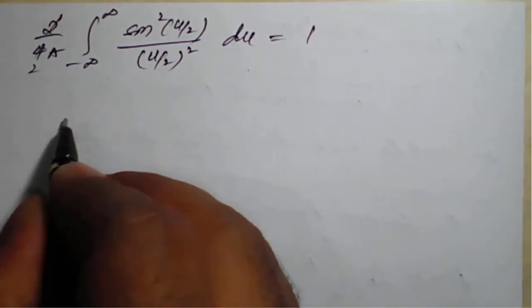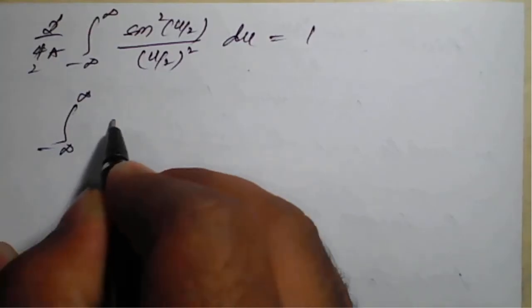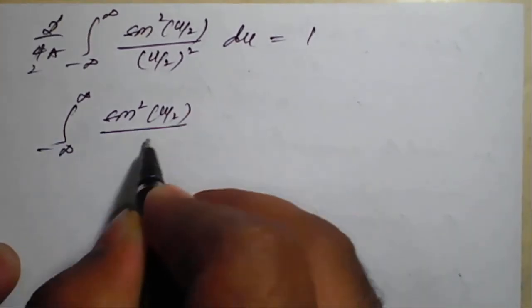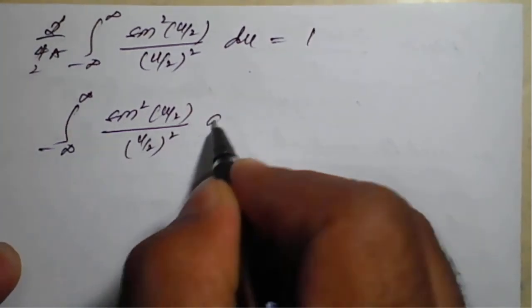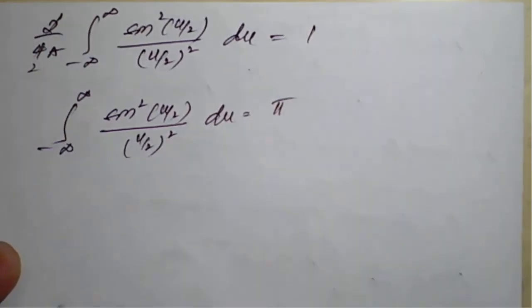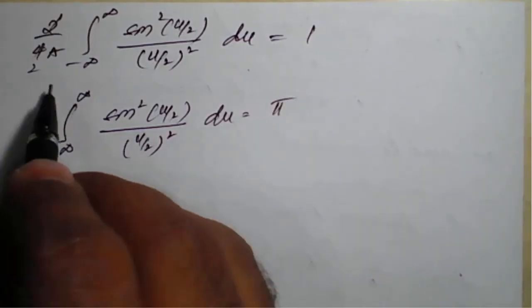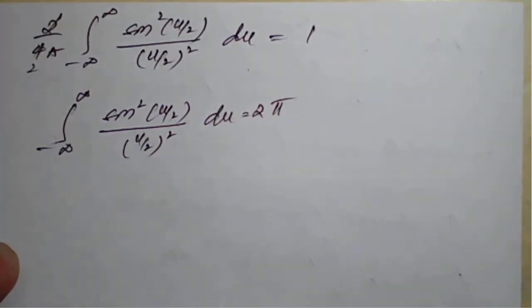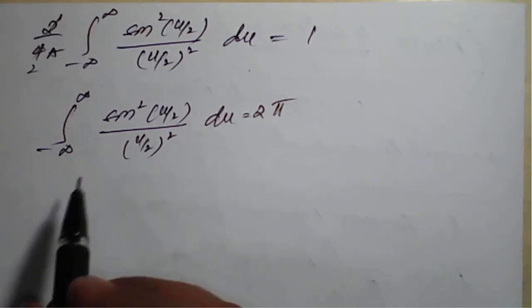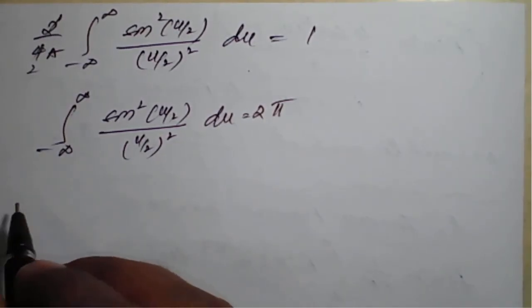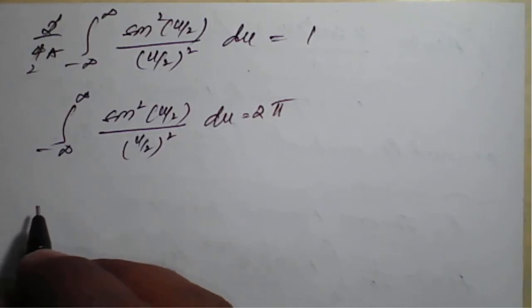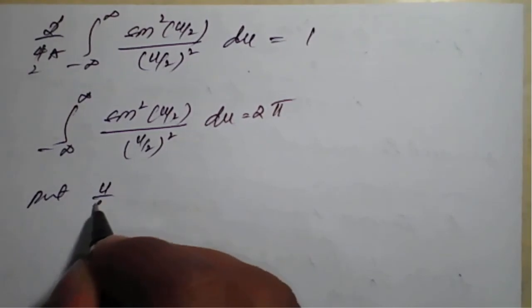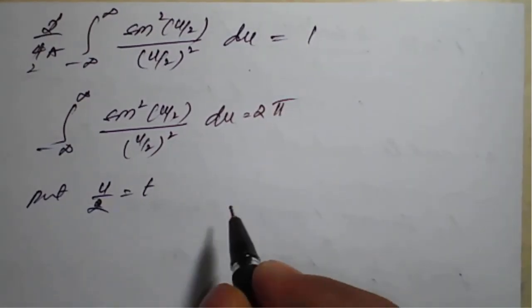1 upon pi you cross multiply to the right hand side, so it will become integration minus infinity plus infinity sine square u upon 2 divided by u upon 2 whole square into du is equal to pi, because 1 upon 2 pi is left here, 2 pi if you cross multiply to 1 is equal to 2 pi. Now replace,